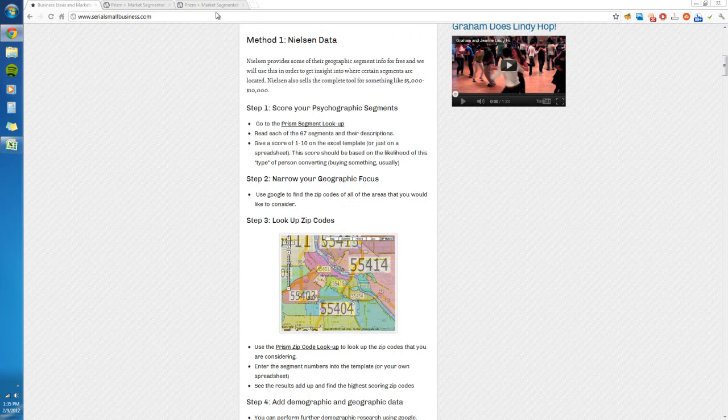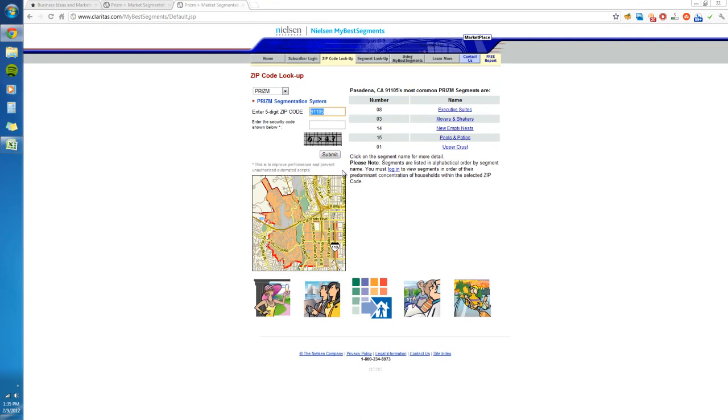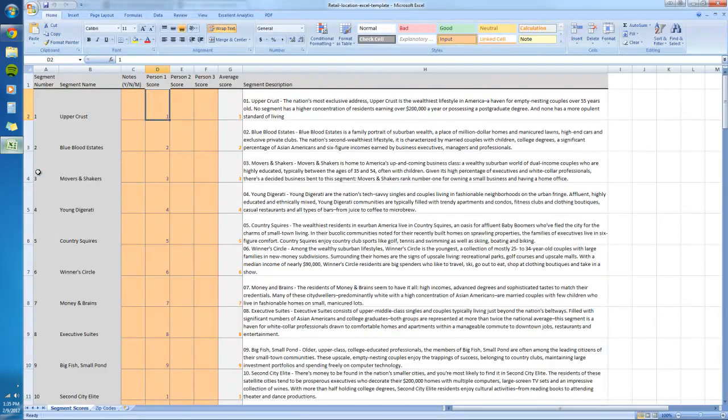So Nielsen offers the zip code lookup right here. And so you're going to go and input a zip code, and then there's a security code. And after you submit, you can see here that in this zip code there are segments 8, 3, 14, 15, and 1. And so now I'm going to go to the template and go to the zip codes tab